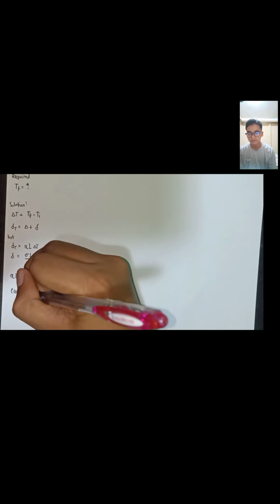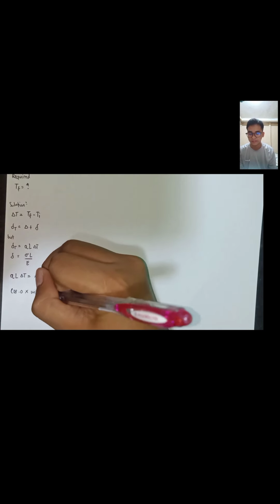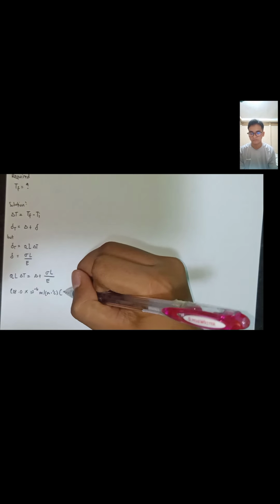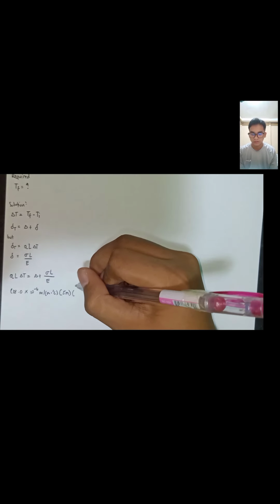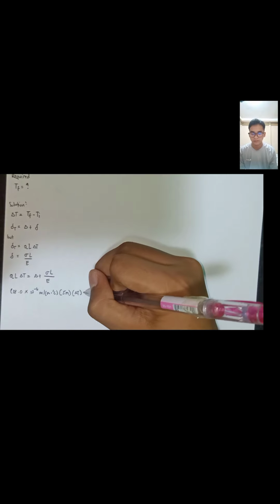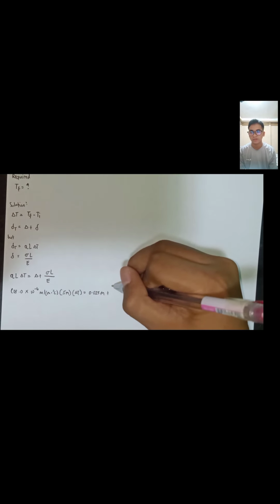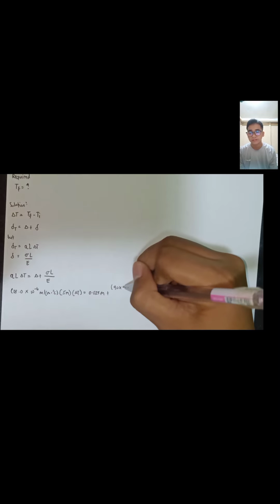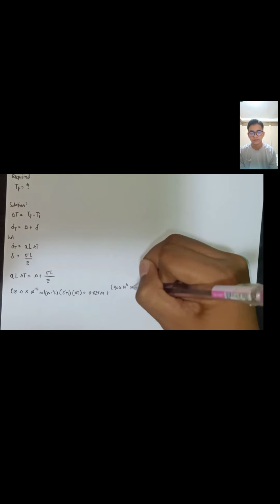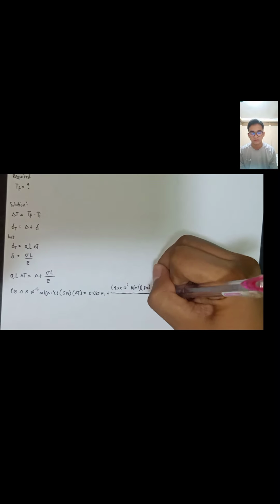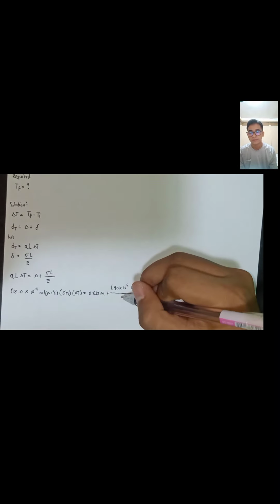So, the 18.0 times 10 raised to negative 6 meter over meter degrees Celsius times 5 meters, and then change in temperature is equals to 0.025 meters plus 40 times 10 raised to 6 Newton over meter squared times 5 meter